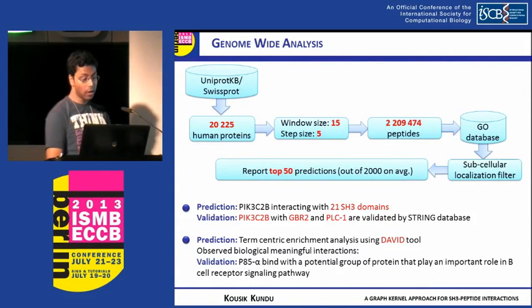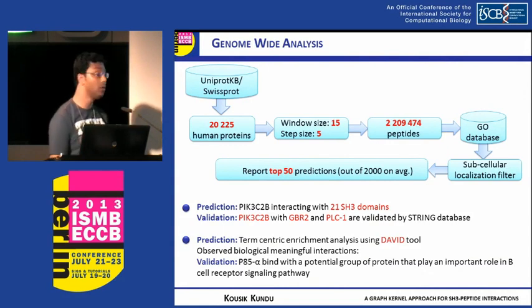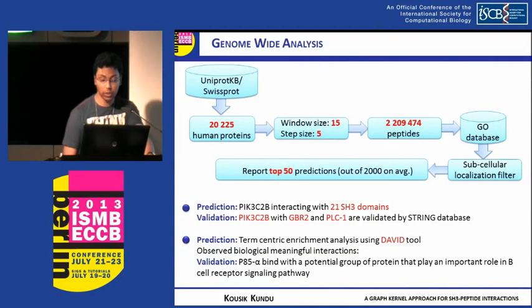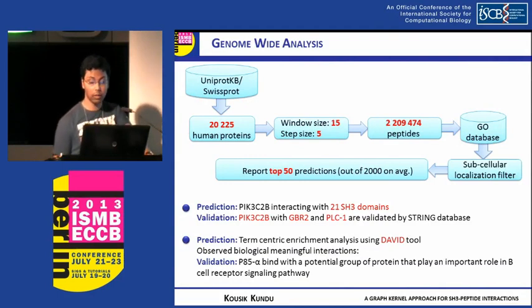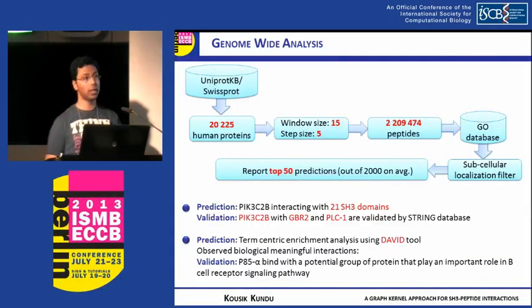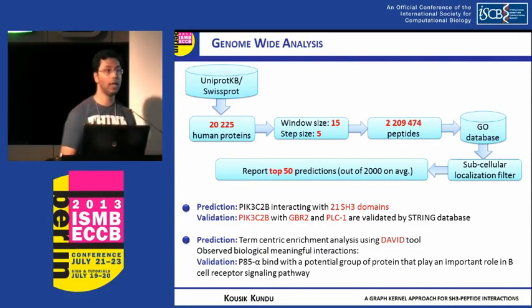One step further, we also did a term-centric enrichment analysis using the DAVID tool, and we also observed meaningful interactions. For example, P85 alpha binds with a potential group of proteins that play an important role in the B cell receptor signaling pathway, which is already known. So to conclude our study, we developed an alignment-free graph kernel approach to predict SH3 peptide interaction,